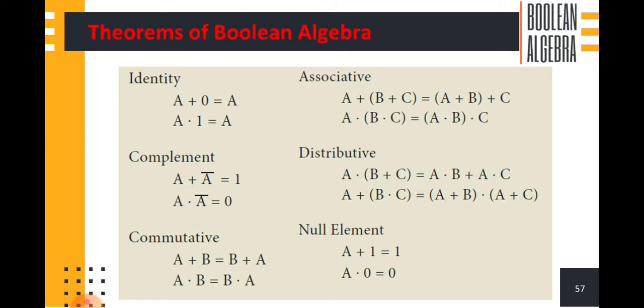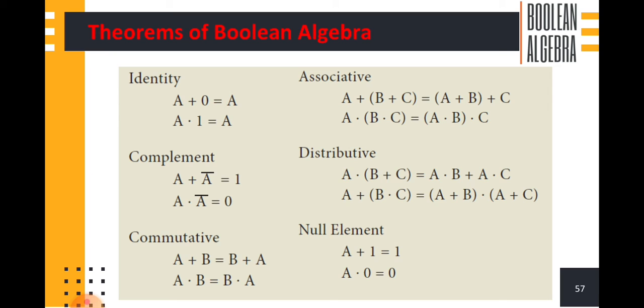And then the distributive law. We are going to distribute the AND operator over the OR. And in the next expression we distribute the OR operator over the AND. That is, the AND operator denotes the multiplication operation, and the OR operator denotes the addition operation. Okay. So now you can see the first distributive law, A into B plus C. The dot operator is used as the multiplication symbol. Either we can read A into B plus C or A dot B plus C. So now you can multiply out: A into B plus A into C.